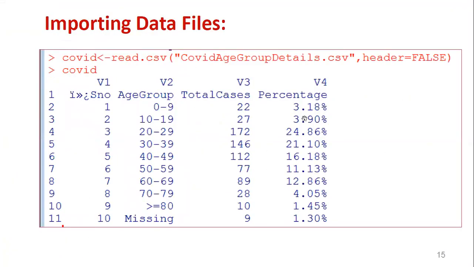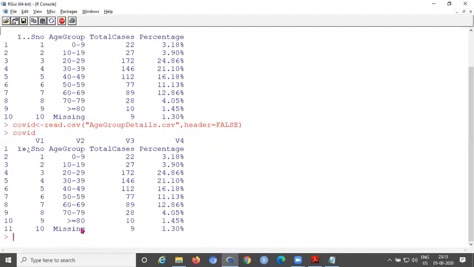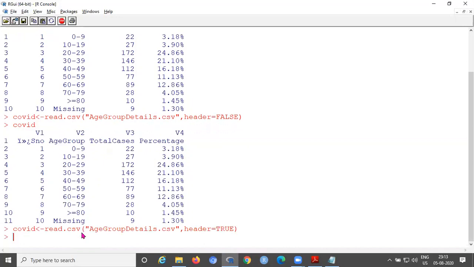Now you can see this is the output what we obtained. So if you put header equal to true, or you remove it, by default it displays with the original headings only. TRUE, true. Now call the COVID.